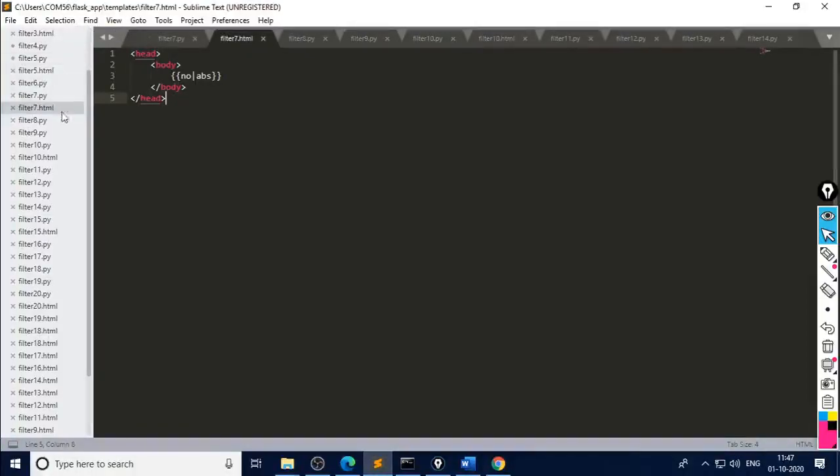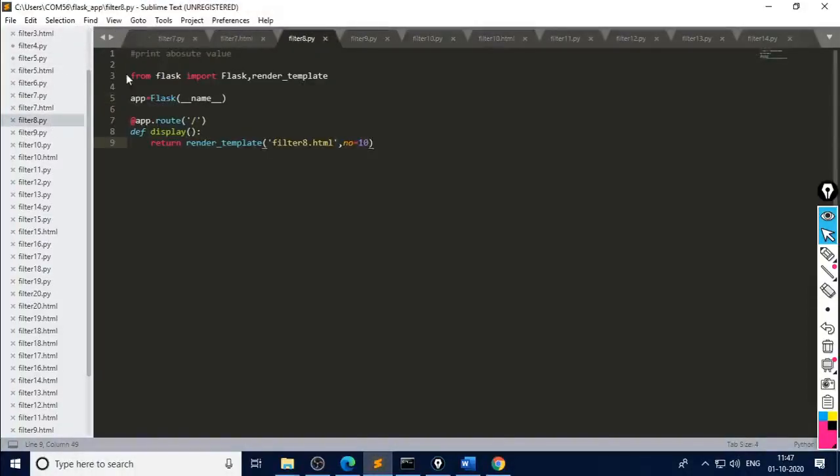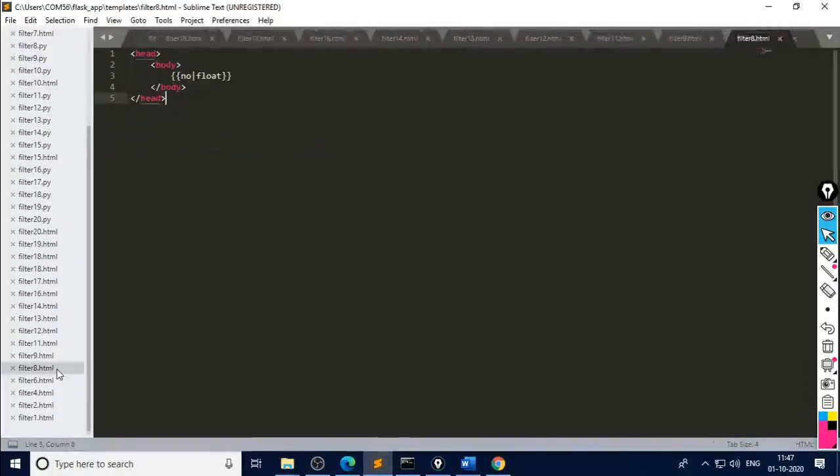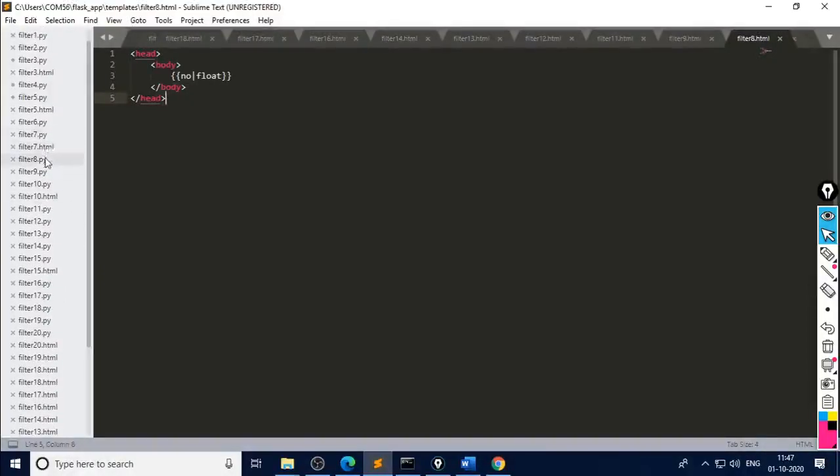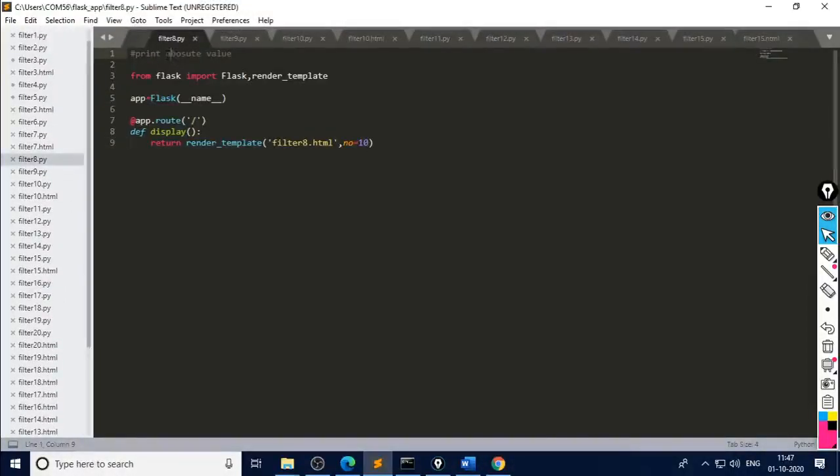Then next one, 8.py. Here again 8.py and 8.html. Let us see how it works. So here 8.py gives you a floating point value, float value. Suppose we have the value 10 and we want to print it in floating point format, so we can print it.